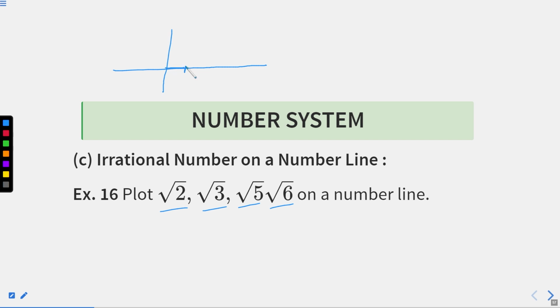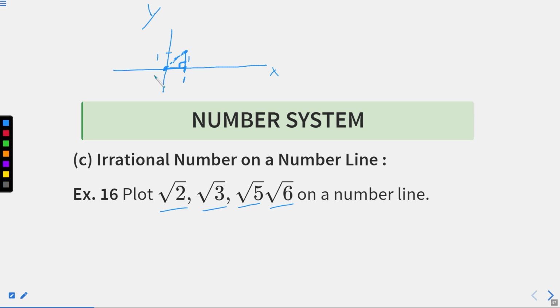Move 1 unit on the x-axis and 1 unit up on the positive y-axis. So we are here. This is also 1. Now we know this is 90 degrees. If we move straight and join this line,